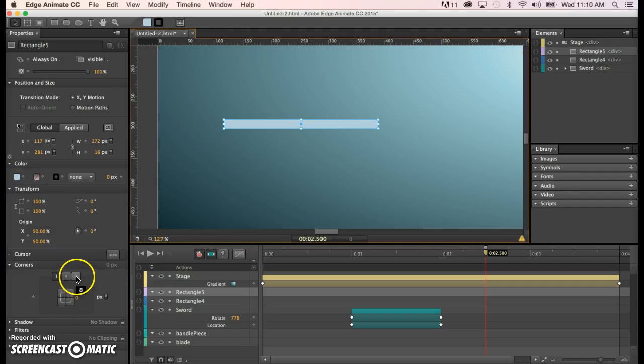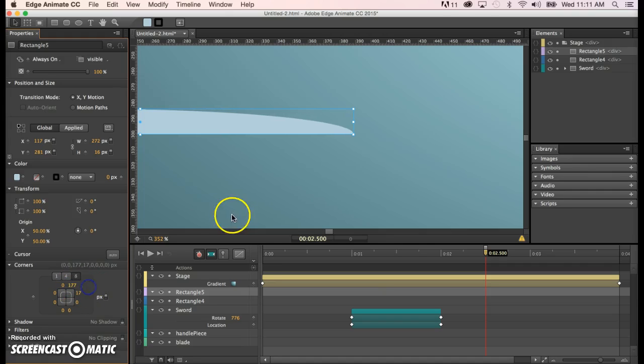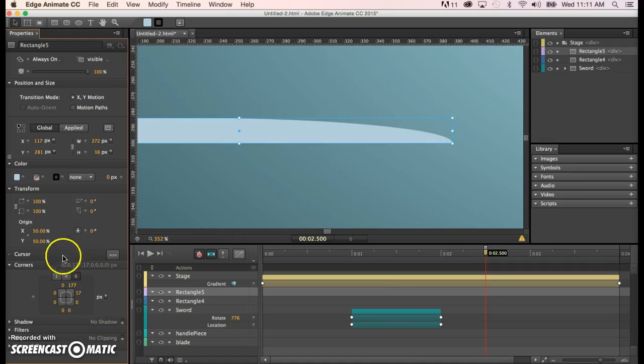Okay, so what I'm going to do is I'm going to turn this to 8. And what I'm first going to do is round this corner off, which will be a little bit tough to see here. Zoom in a little bit more. Okay, so using these two, they kind of work with each other. I'm going to try to make this as flat as possible so that it looks like half of a knife. That's probably good enough. And then what I can do is just remember these numbers, 177 and 17,